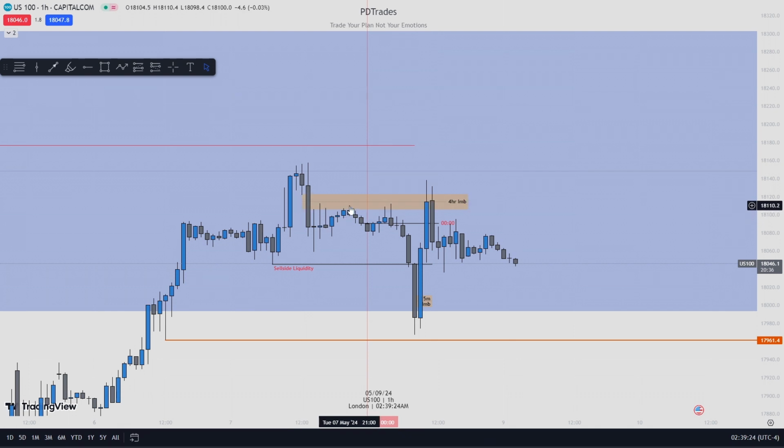So the market kind of rejected inside this fair value gap, but look at the body. I want you to look at the body. So it made a higher high, kind of like retraced a bit. Even though the wick was above this wick, right? But the body was below it. So these are relative equal highs. This was just used to cause damage. So the wicks here, they were used to cause damage.